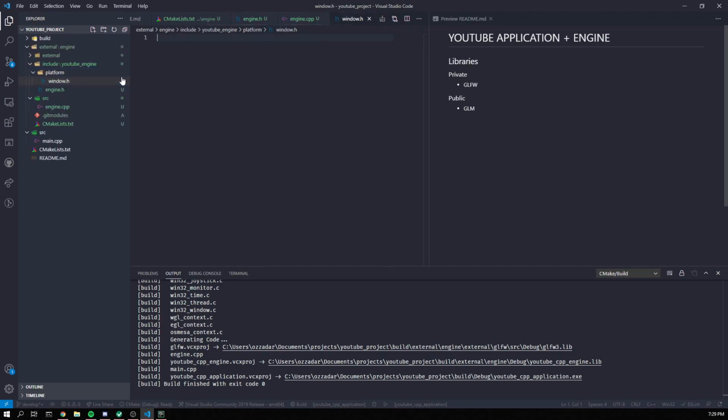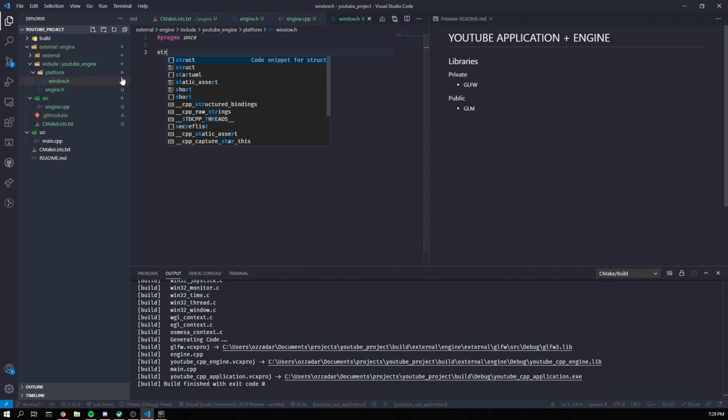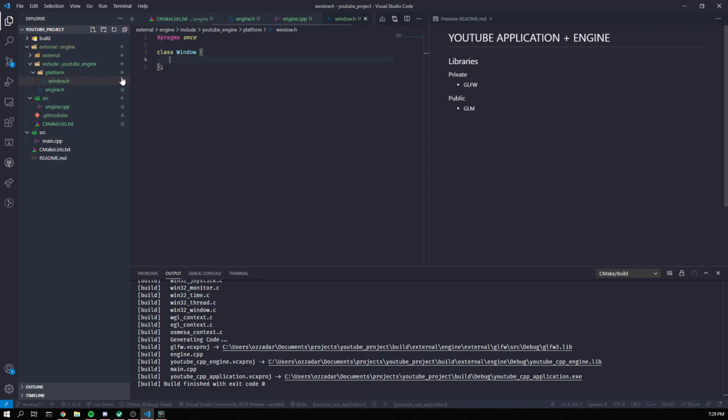window.h, and this is going to be our interface. So we're going to pragma once. We can do this quickly. Struct window. Let's make it class window, and we are going to say, it's going to be void open window and void run. Oh, oops, of course. Virtual void run, virtual void open window. Yeah, that's good. That's what we're going to do. We're just going to do pull event and